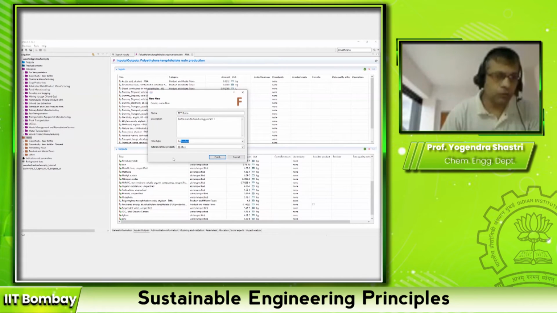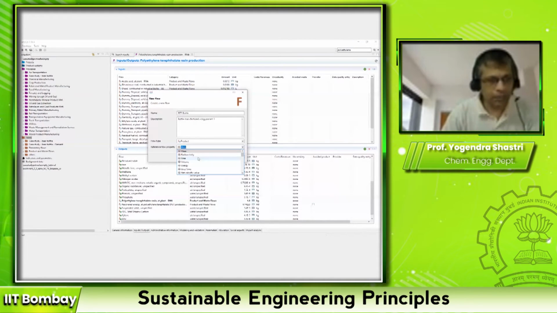And the last thing you have to choose is the reference flow property. So this basically tells you how the flow that we are creating is measured. So if I'm creating a flow like petrol, diesel, and so on, I can give mass as a flow property because these are typically measured in mass.